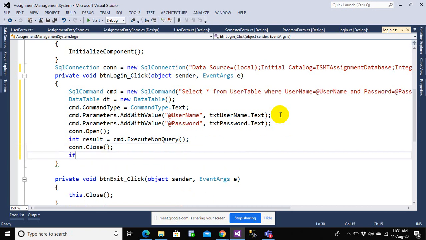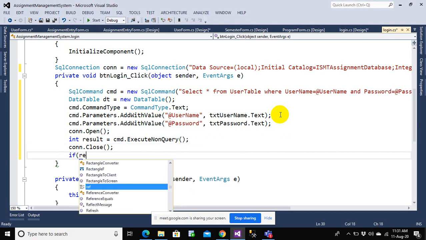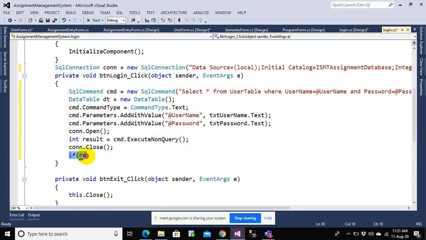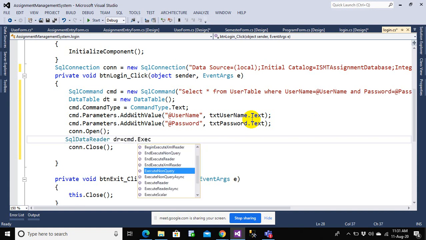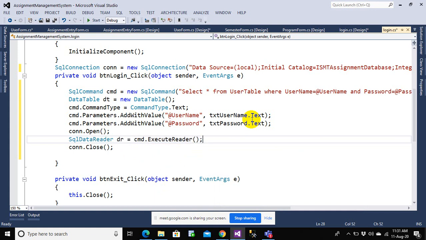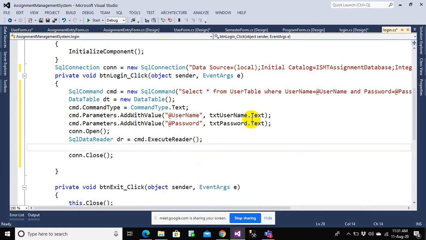Now in this case, I'll make a few changes. I just made a small mistake here. Instead of this, I just need to have SQL data reader, sorry, because I'm retrieving a value. This has to be SQL data reader. And you need to fill that on the data table.